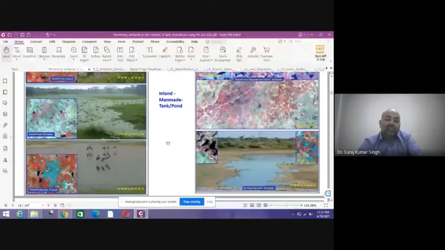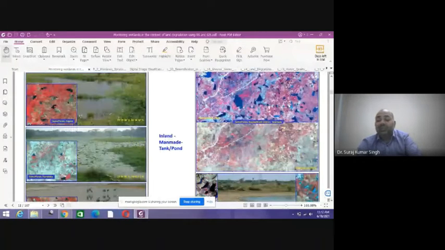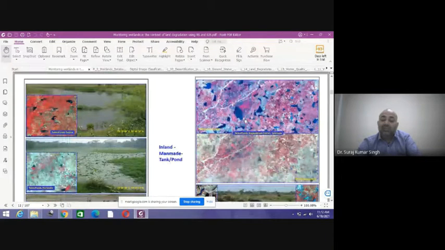So on the water body, now you can identify the various types and for which feature you will be seeing a tank. You can see these smaller features will be classified under tank, and the bigger features will be classified under ponds and reservoirs. So you can see what the change dynamics were during pre and post monsoon.